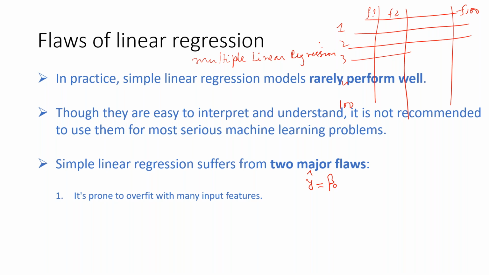Okay, that means I have multiple features in my data set, not one. If I have 100, what will happen? Beta 0 is the constant, and for every feature there is a coefficient: beta 1, F1, beta 2, F2, beta 3, F3, and so on, and finally beta 100, F100. This will be the mathematical mapping function used by the linear regression algorithm.